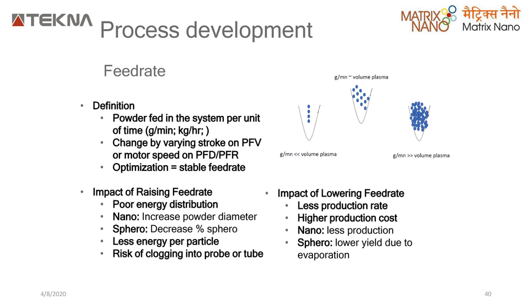To improve my residence time, I have to alter my feed rate, at what rate I'm feeding the powder. The definition of feed rate is basically powder fed into the system per unit time. In smaller machines, let's call it grams per minute, up to kgs per hour. Usually, your gram per minute should not be less than or more than the volume of plasma. It should be almost equal to the volume of plasma to get proper polydispersed material with proper spherical structure.